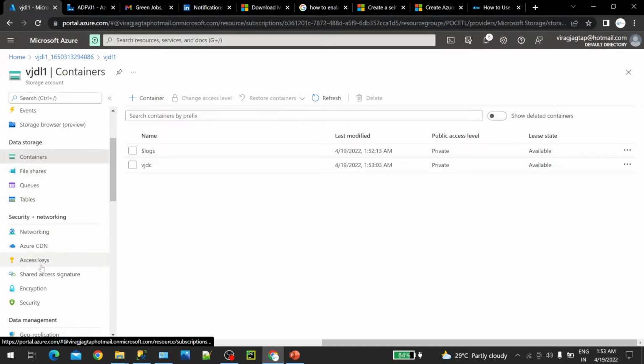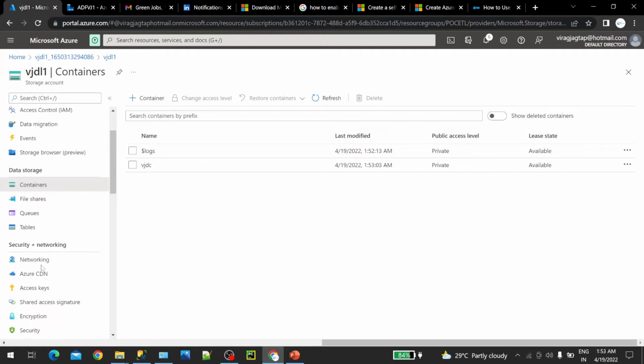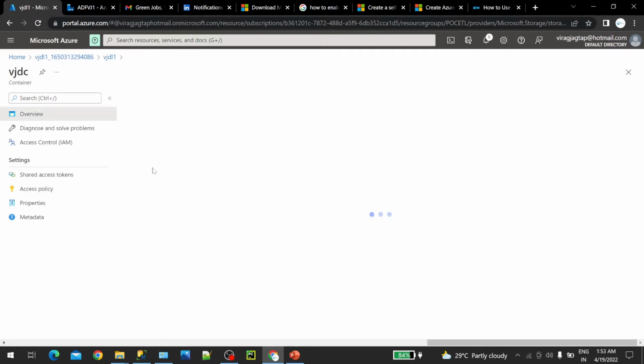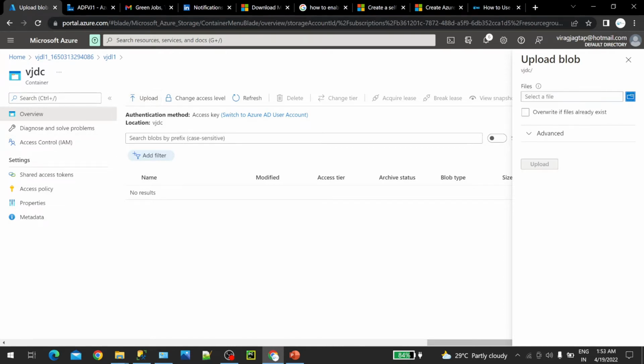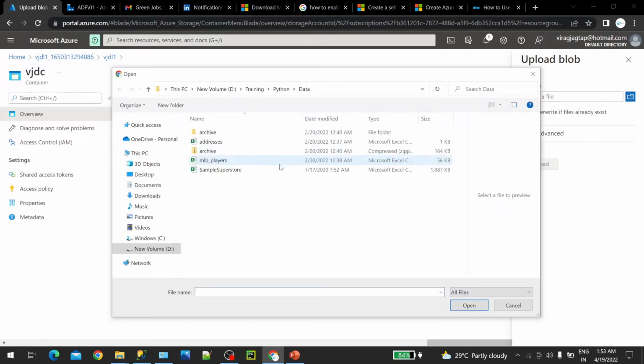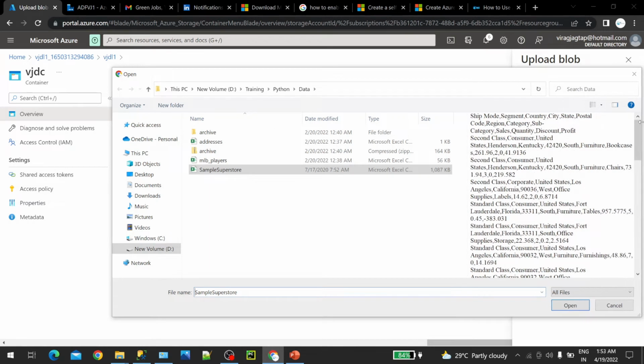These are other options that we will try to cover in upcoming videos. This is the first video where we just focus on loading on-prem data to the data lake. Once you have your container ready, you can just test it. Let's test with the upload option here. There you can select your on-prem sample superstore file, that is a CSV file, and you will find it has